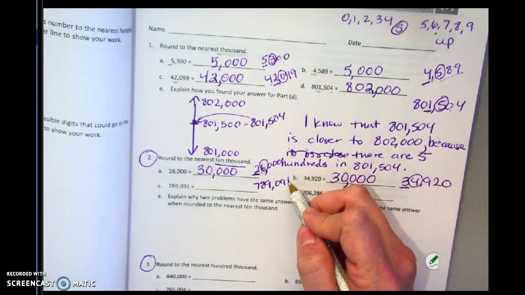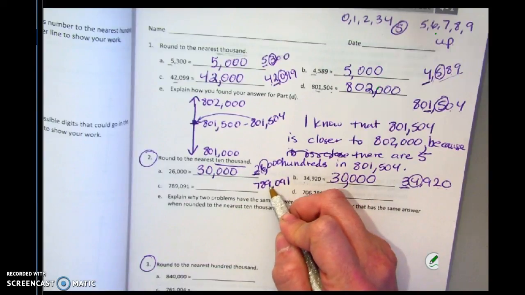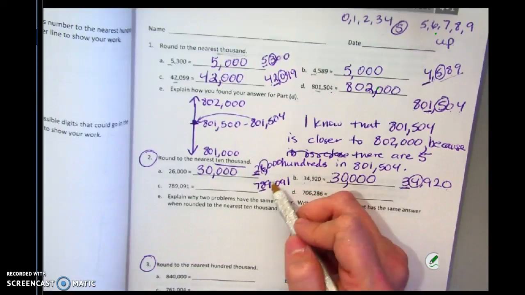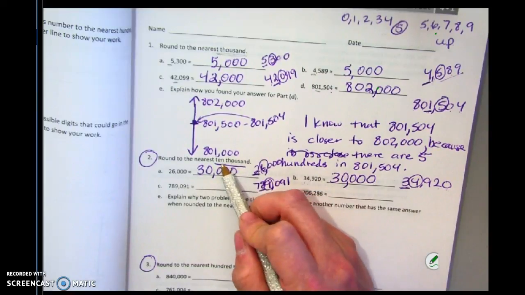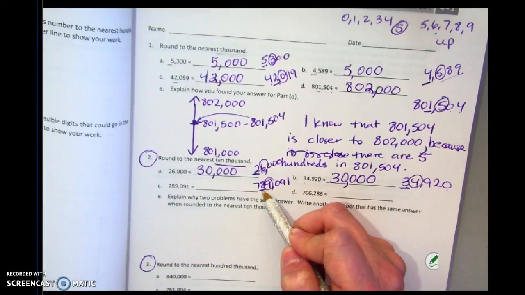789,091. Here we go. Ones, tens, hundreds, thousands, 10,000s. And I circle the thousands because I'm rounding in the 10,000s. So it's either going to be 80,000